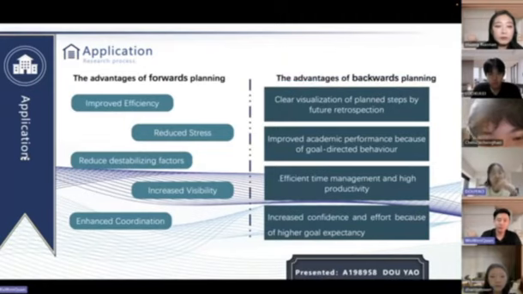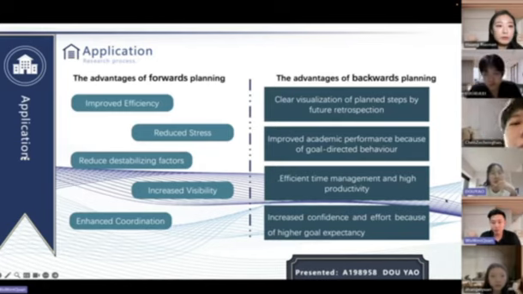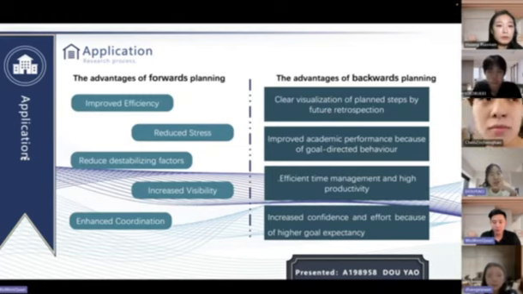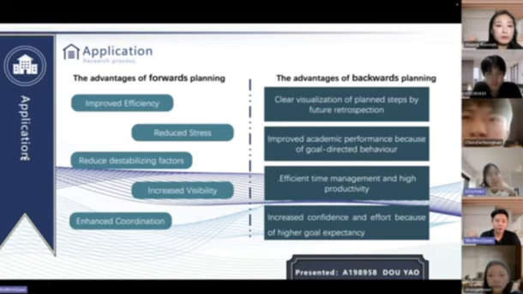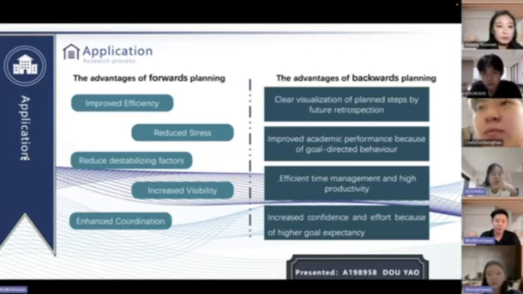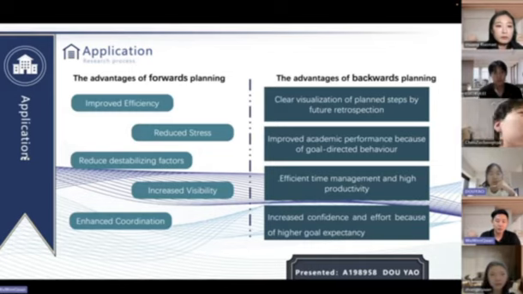Hello guys, now let me talk about the advantages of forward planning and backward planning. First, we talk about forward planning. Forward planning helps in ensuring efficiency by ensuring that the right tasks are given to the right people at the right time. It can improve efficiency. It can help reduce stress among team members by allowing them to plan in advance and by allowing them to anticipate upcoming tasks. By forward planning, it can minimize the number of future